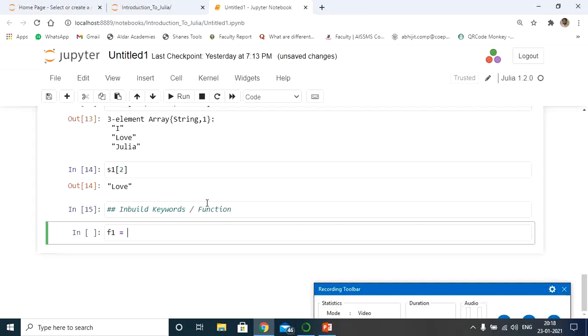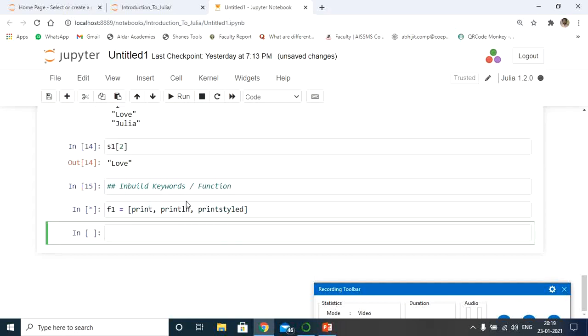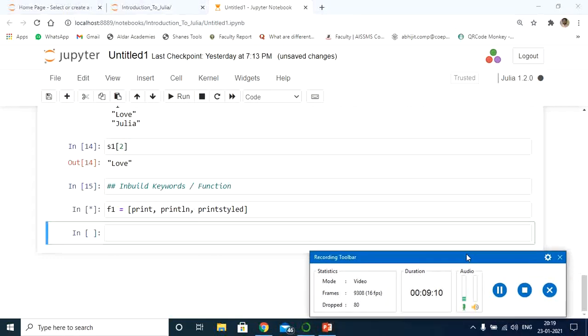I'm going to store functions like, let's say, print, println, as well as printstyled. Let's try to execute this. It started executing.